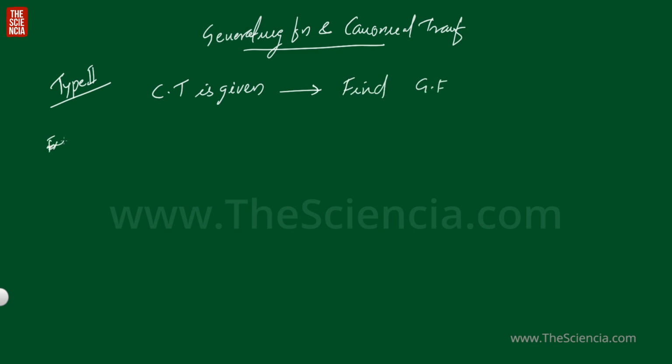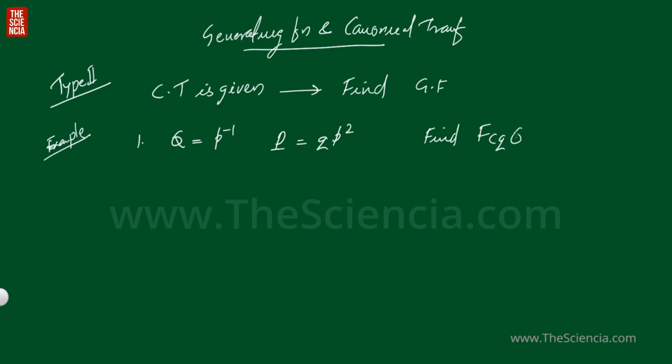Example problem. Canonical transformation is given, that is q is equal to p inverse and the capital P is equal to q p square. The question is to find out